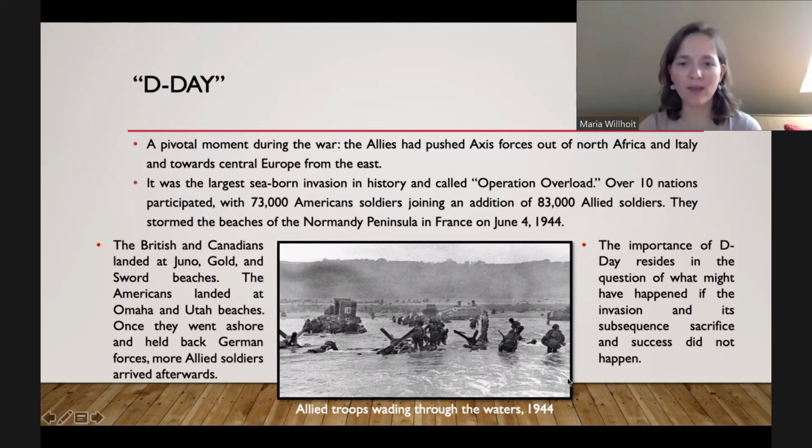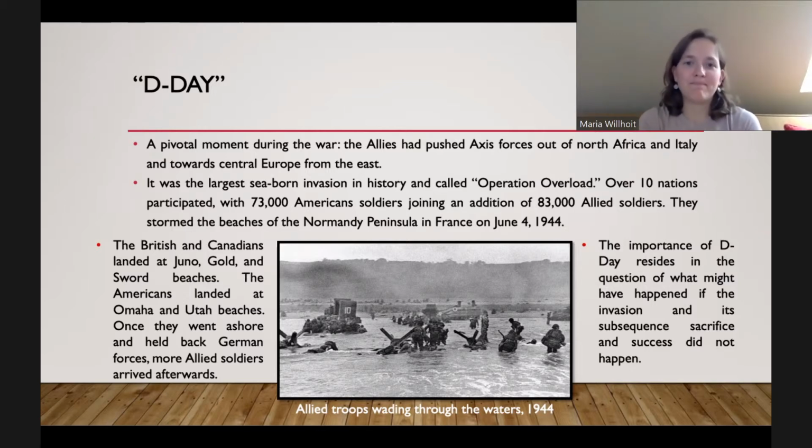And this is just a very famous image of the invasion. These are actually military barricades put on by the Germans. They did know about the invasion. They didn't know exactly where it was going to happen, but they knew something like it was going to happen. So they put these metal barricades to try to stop ships from going through onto the shores. So when Americans and other Allied soldiers landed, they had to land in the water and then actually fight from the water. They had to shoot from the water, they had to walk through the water. So it was just a very dramatic battle.